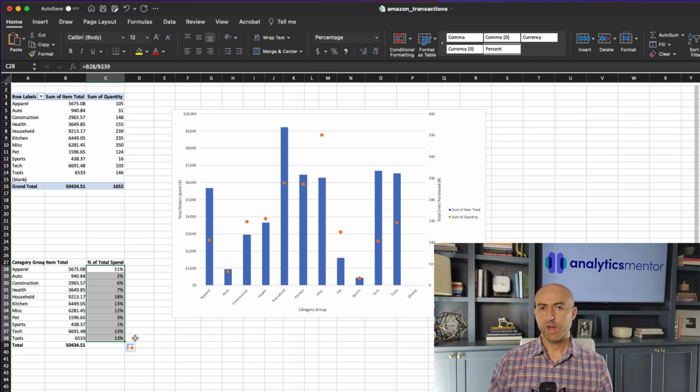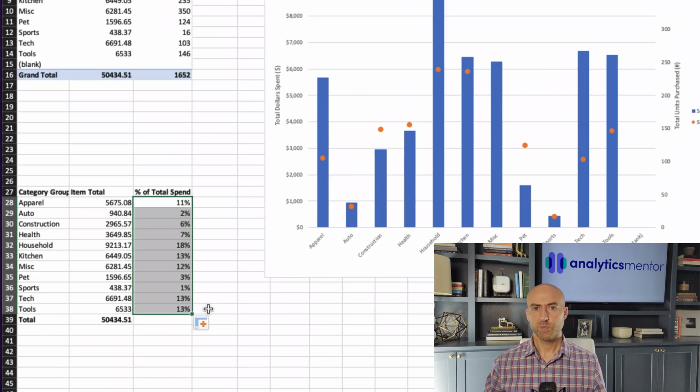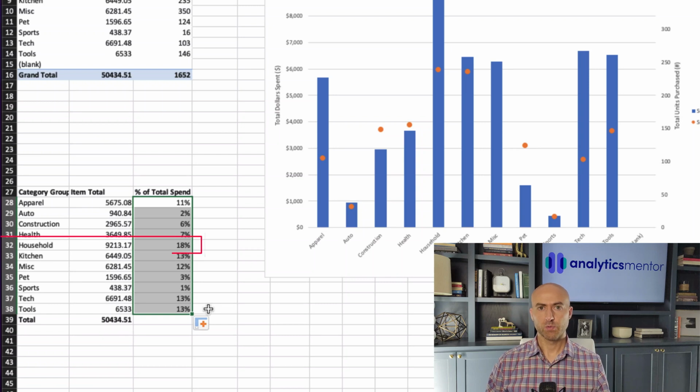So this is one way that you can look at your data and you can try to understand what is the percentage of each value as a contribution to the total value of all the purchases that happen. More specifically, when we look at the household row here, we can see that it is 18% of the total spend. While this is good, what if we wanted to see where the bulk of all the purchases are being